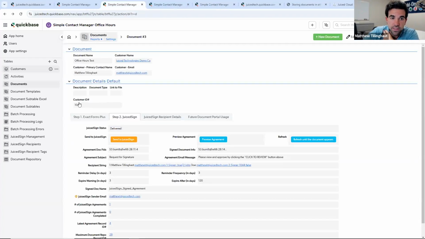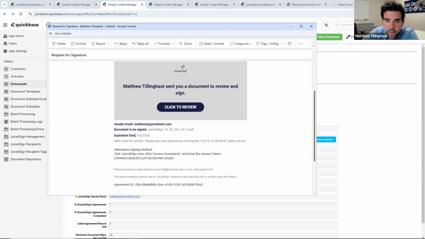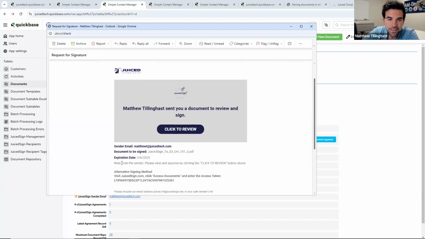So let's go back in. You can see here, I pulled this down to documents. So we have 1044 for this document. When I open up the request for signature, which I did get, I pull it up from my other screen. Matthew telling us via JuicedSign, Matthew telling us sent you a document to review. I didn't change the subject line. I didn't change the note from sender. All that's available to change. But when I hit click to review,